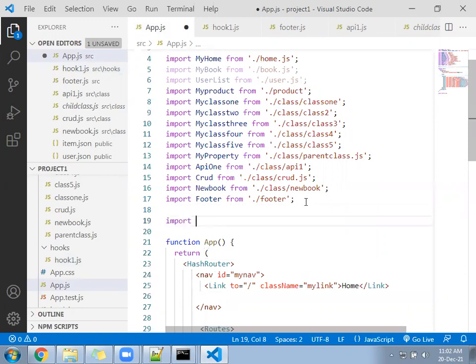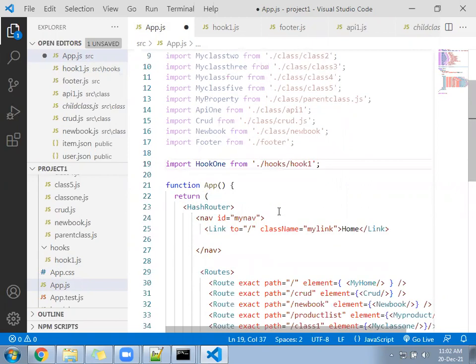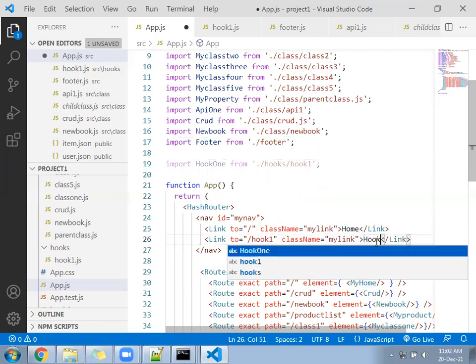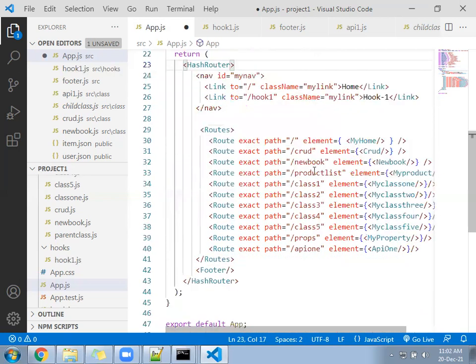Import Book1 from, Book1, only as Book1. And the related functionality in the beginning only.